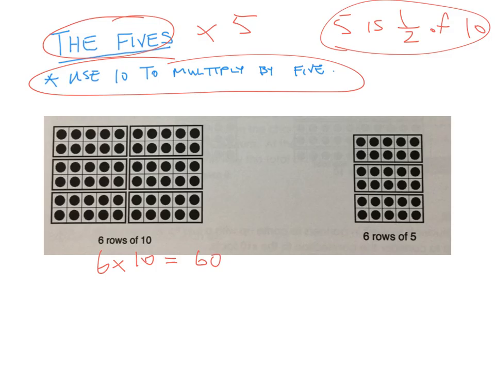That's just 60. Now, we go across over here and we can see that basically 6 times 5 is half of what we see over here. So if we were just to get rid of one of these, 6 times 5 is half of 6 times 10. Now a lot of people already know that 6 times 5 equals 30, but what if we had a problem that was a little bit more complex? What if we had a problem that was